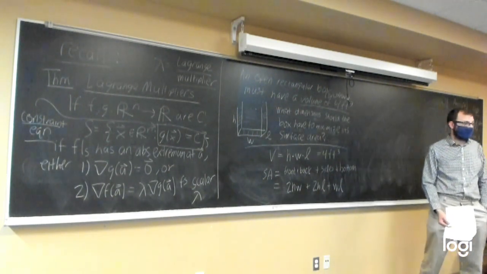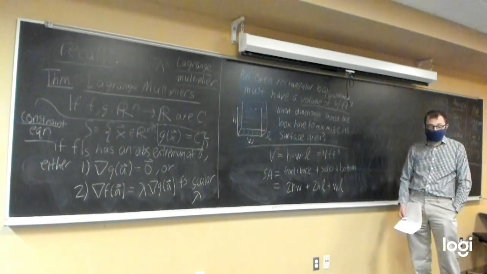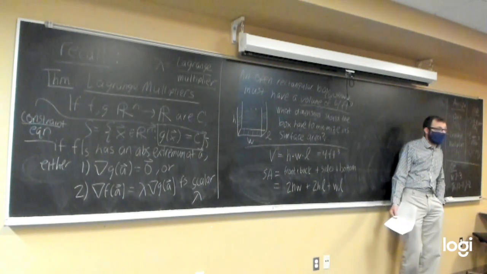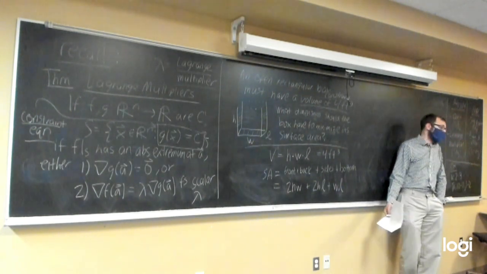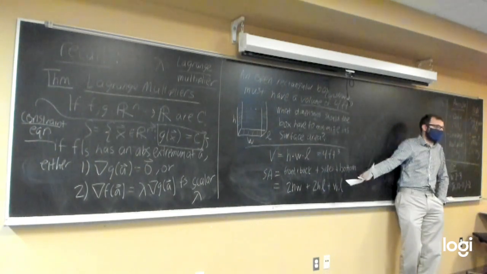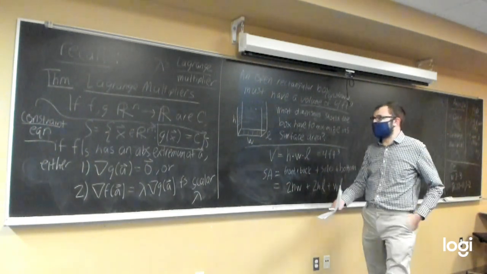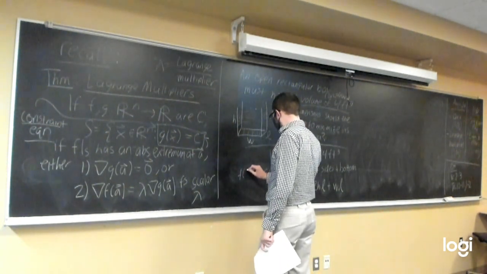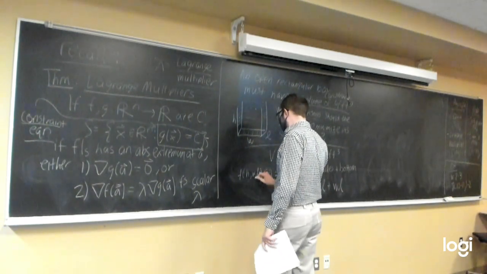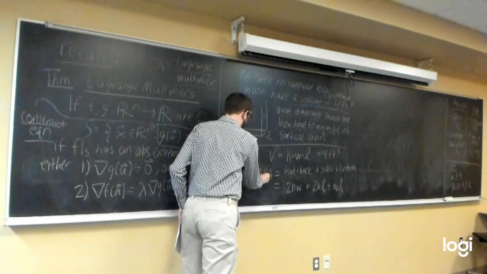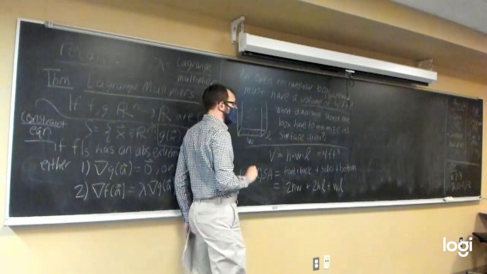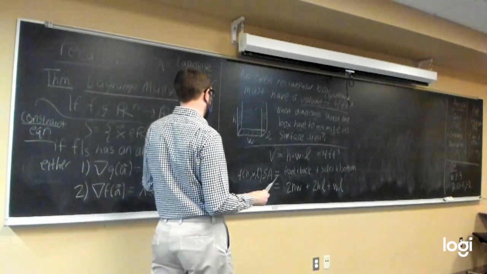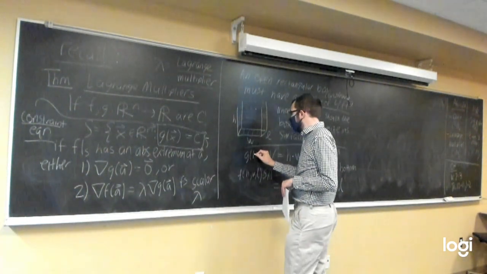Jacob? F is probably the surface area, and our constraint is the volume. Okay, why is F going to be surface area? Well, it's not equal to anything. Yeah, that's the expression we're trying to minimize. We want to minimize our surface area. So the function that we want to minimize is going to be our F here. So this is going to be F of H, W, L. It's going to be a function that takes in three variables, height, width, and length, and spits out the surface area. And then I agree, Jacob, that the volume is going to be our function G,